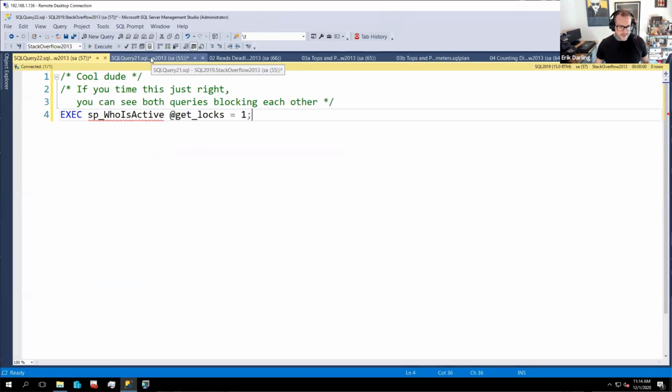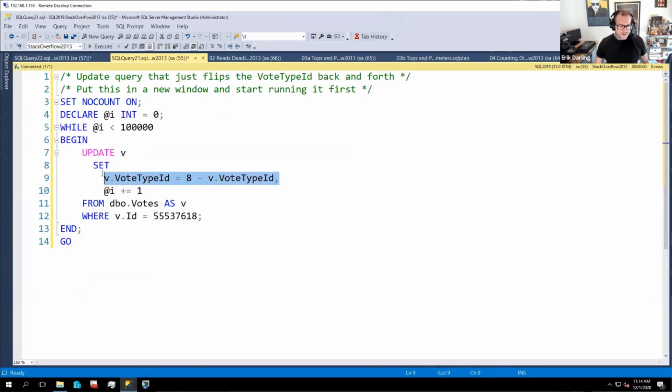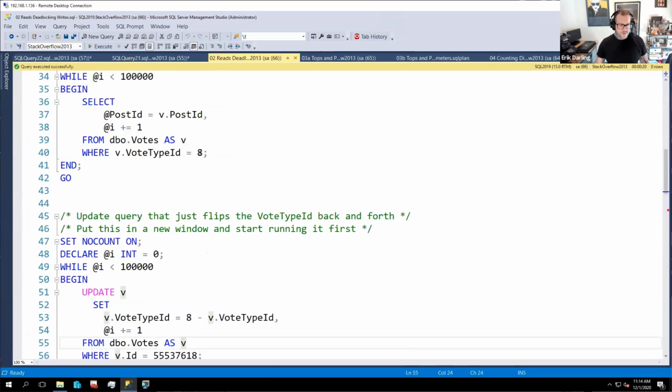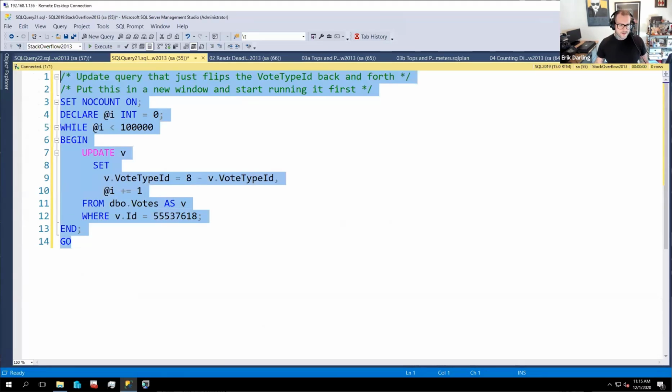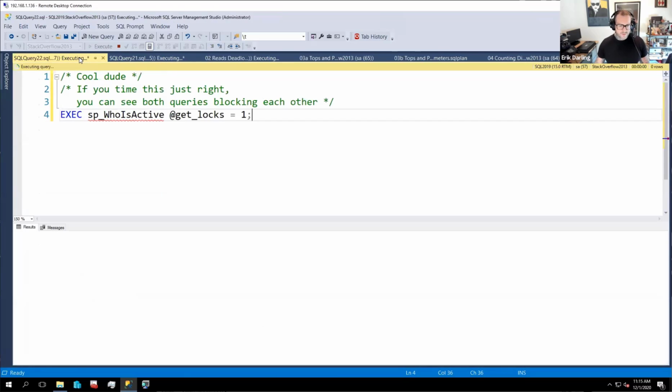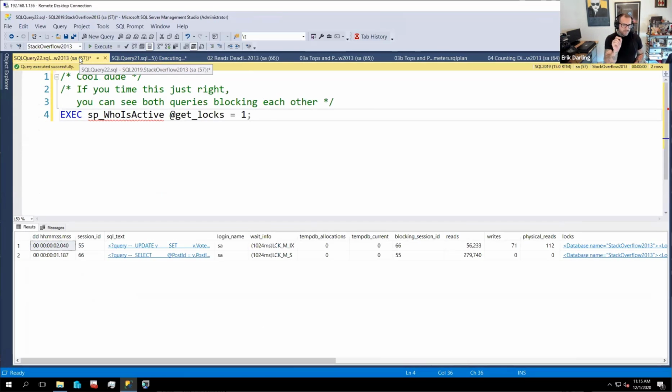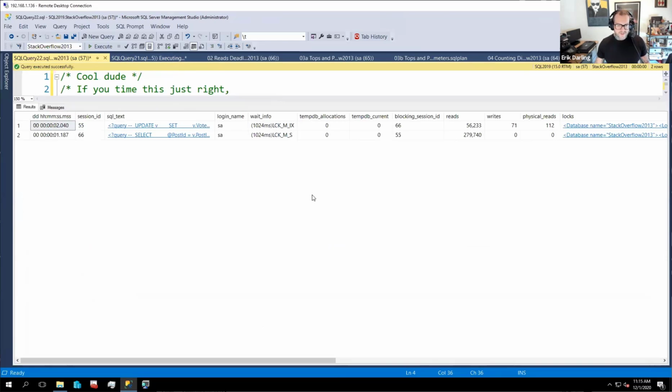And what we're going to do is run this update, and this update query is essentially going to flip vote type ID between 8 and 0 for this one ID. And this read query is going to try to select post IDs where vote type ID equals 8. Actually, I have to time this perfectly. So I have to come over here and start the update, and then come over here and start the select, and then come over here and hit sp_WhoIsActive. And for a brief moment in time, before SQL Server kills our read query and says, I'm going to deadlock you, we have this very cool